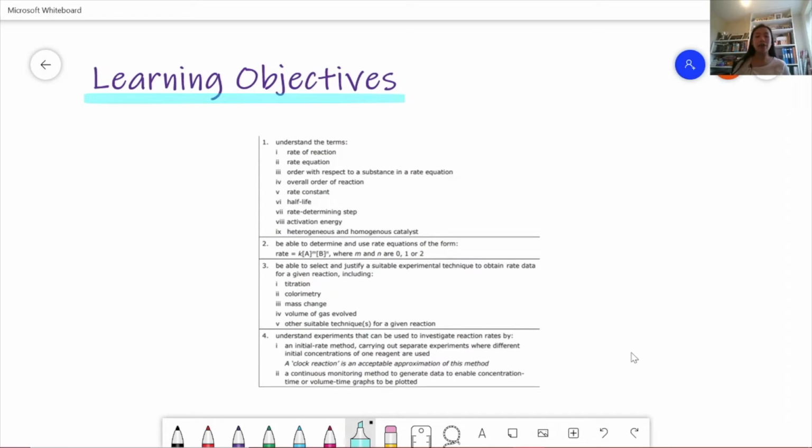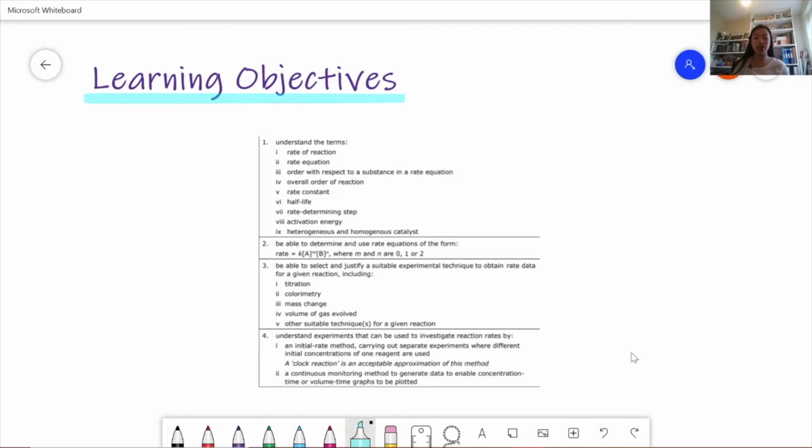The next is to be able to determine and use rate equations of the form rate equals k, concentration of A to the power of m, concentration of B to the power of n, where m and n are 0, 1, or 2. Number 3 is to be able to select and justify a suitable experimental technique to obtain rate